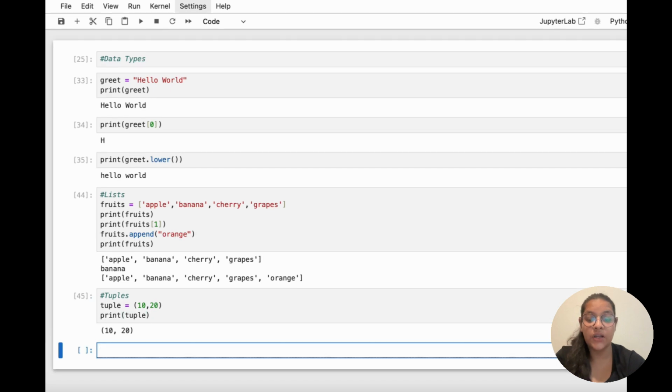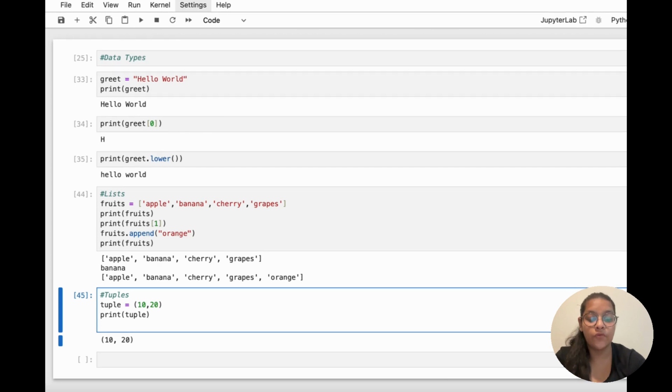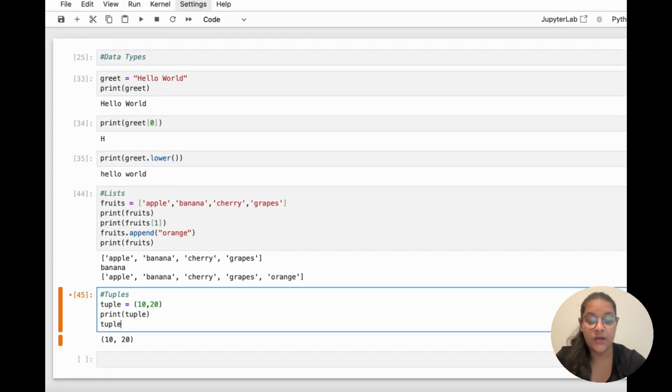I have created it, but if you want to change it, like if I want to remove one, I can't remove it. I'll try to show you. It will give us an error.